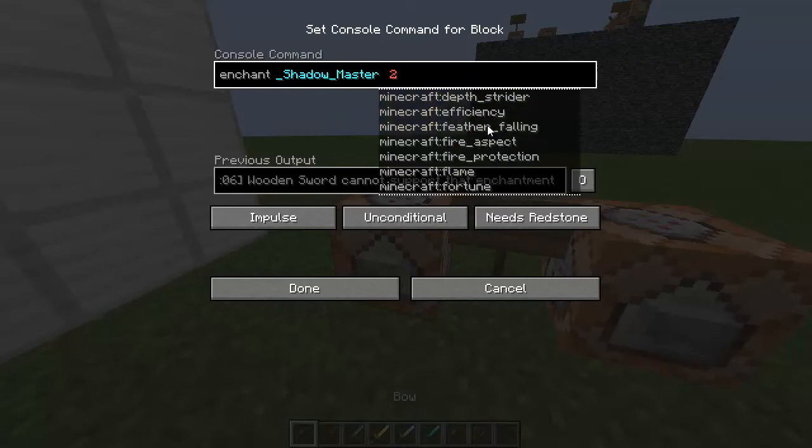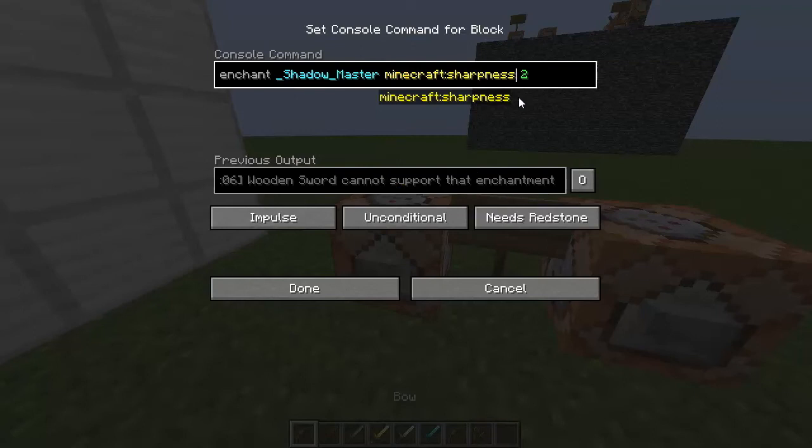Next you do the enchant. So unbreaking, vanishing curse is curse of vanishing, or whatever it's called. Some of these things might be named slightly different, but most of the time it will just say the exact name just with underscores in place of spaces. So we'll just do sharpness, which I just hit tab to autocomplete, and then you put in the